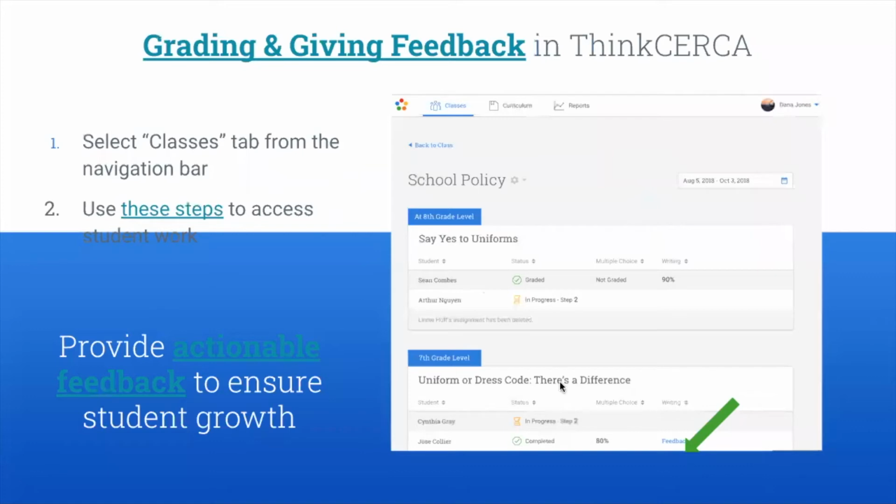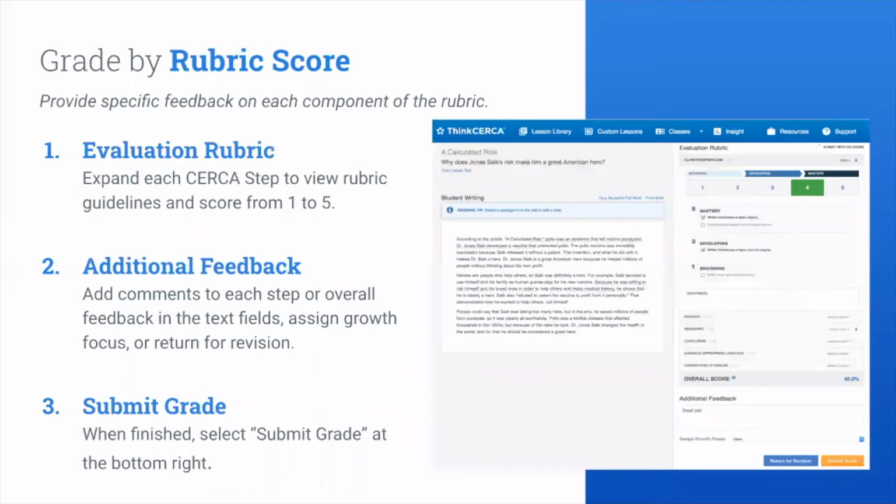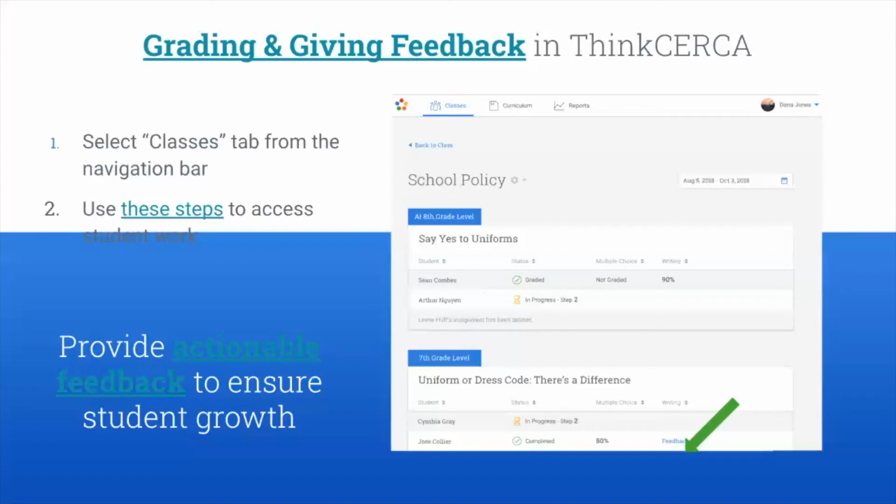And so here on this slide, what you'll find is a couple of links that will support you in how to coach your teachers, or if you're a teacher, how to get to that scoring screen. So again, this is how it looks in platform, how to grade on the rubric. And then if you click this link, use these steps,